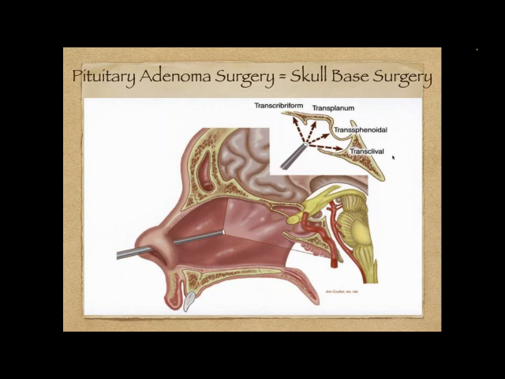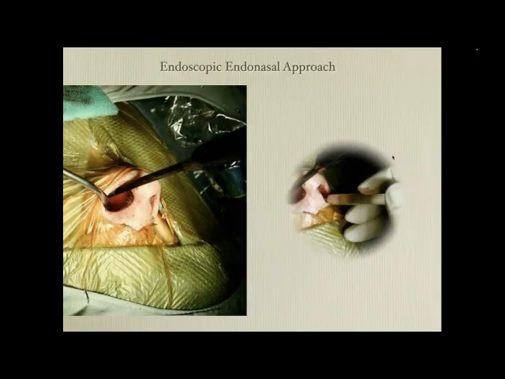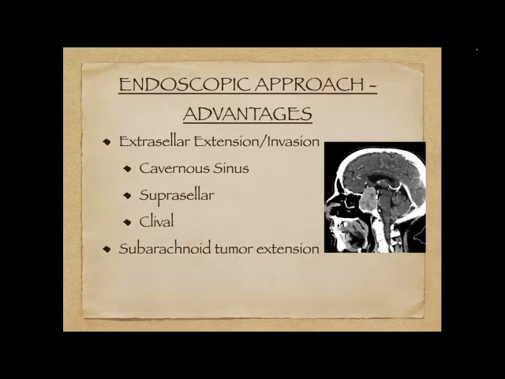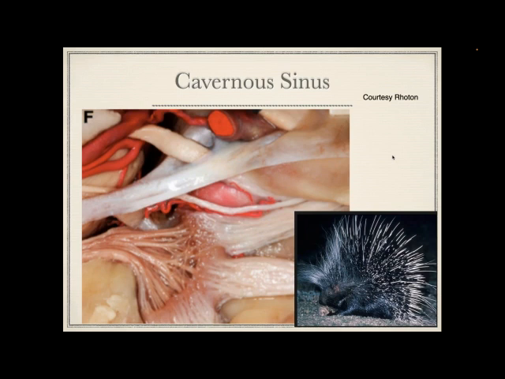But the sella is the central area where the pituitary sits. And when we talk about extrasellar, we're talking about tumors that extend beyond that area. And so this is in areas like the cavernous sinus, which is the one that often people are understandably most afraid of, or extending up suprasellar, which means up in towards the brain, or actually clival, down towards digging into the base of the skull, which can be equally challenging because of other arteries and nerves in that area. And then finally, what we call subarachnoid, which means actually up into the brain substance itself.